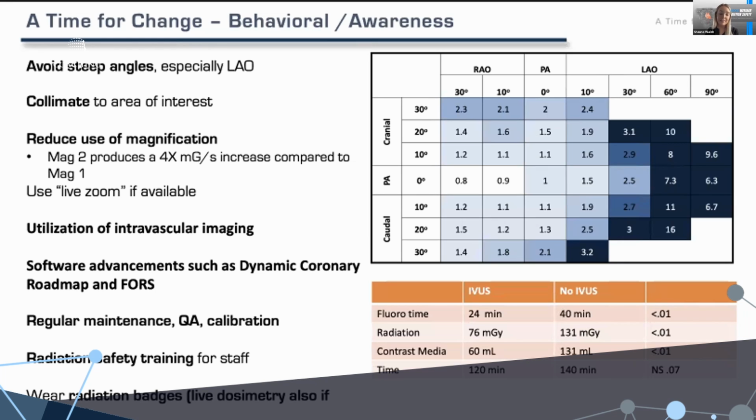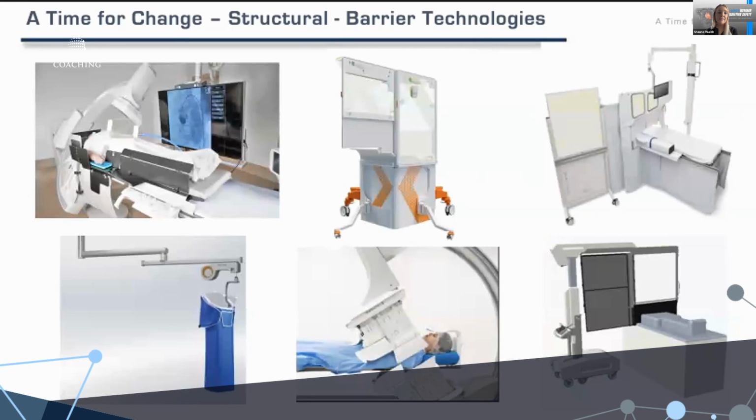The utilization of intravascular imaging, such as IVUS, dramatically reduces the radiation dose. Utilizing dynamic coronary roadmap, regular maintenance of the X-ray kit, QA, calibration, radiation safety training for staff, and wearing a radiation badge. I really like live dosimetry in conjunction with monthly badges. There's an estimated 70% decrease in staff dose when they have live dosimetry on, like the likes of ARRT. So when we think about a time for change, along with the behavioral things that we can do, we also have